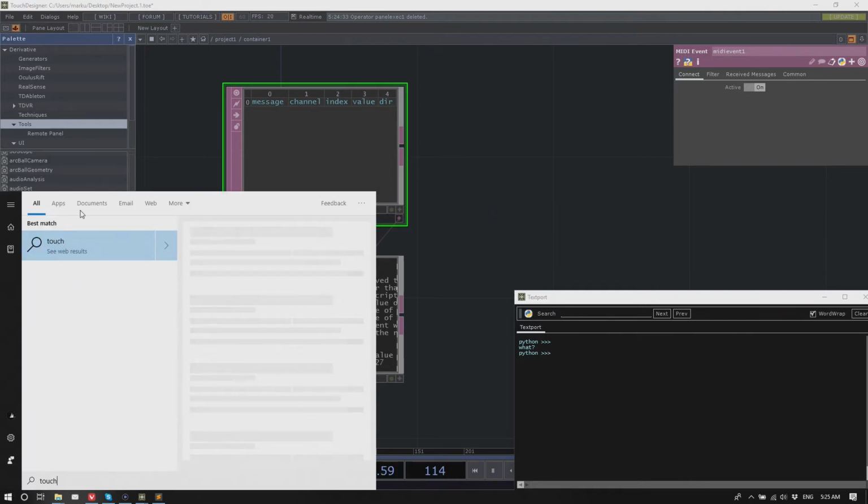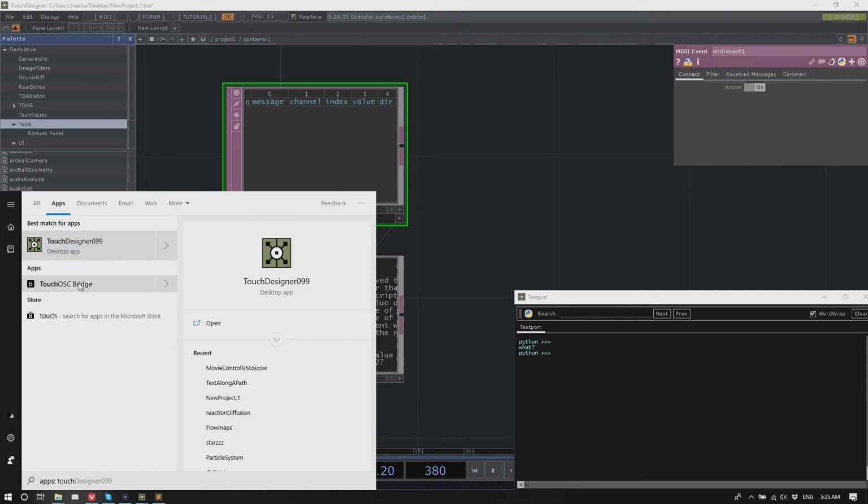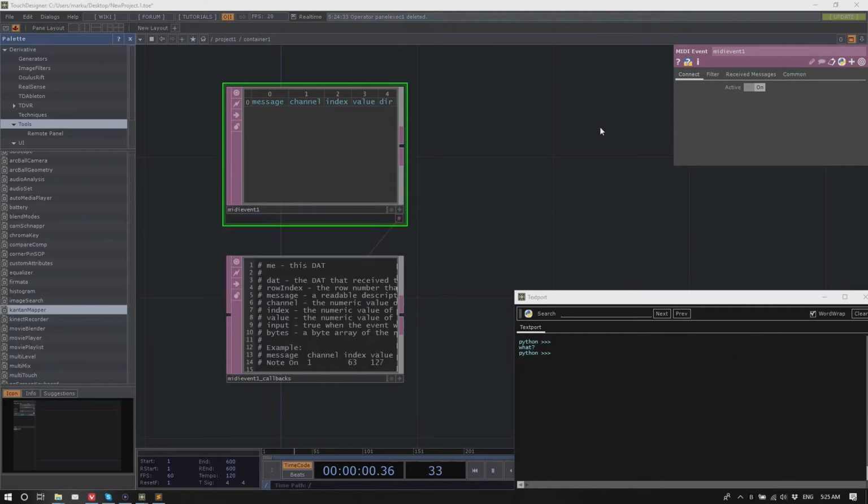There is a Touch OSC bridge. The Touch OSC bridge allows you to connect your iPad via wire, via USB, and then it shows up in Windows as a MIDI device.